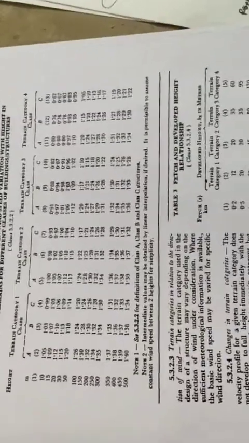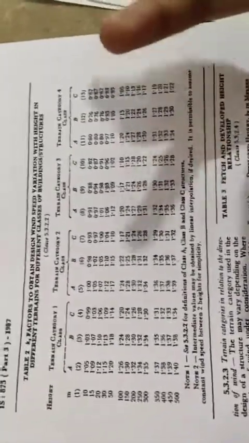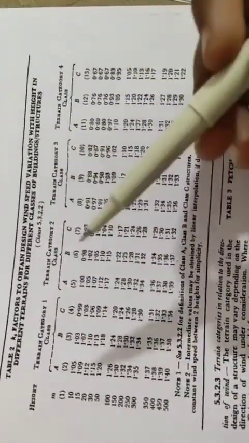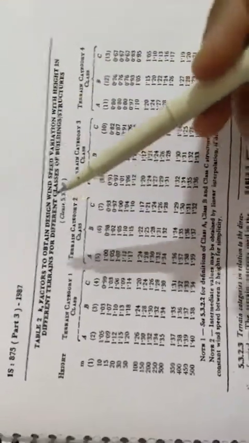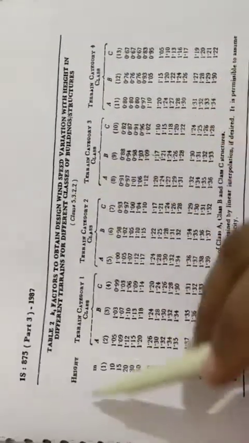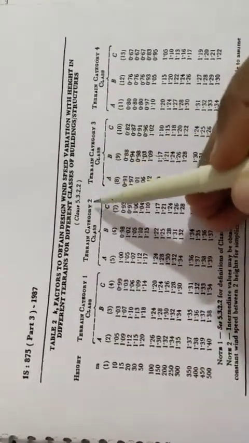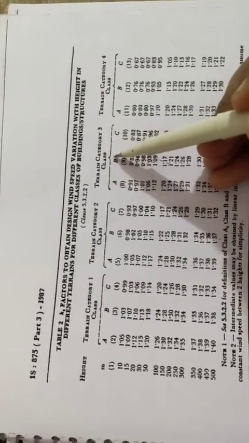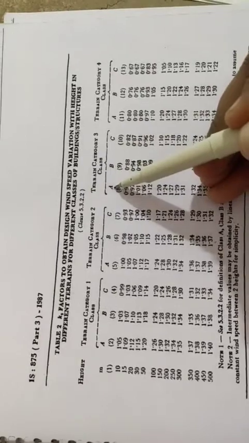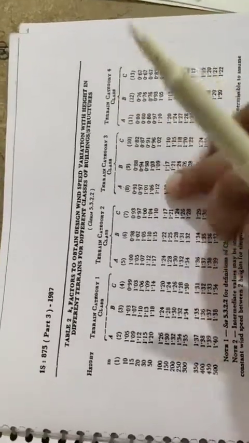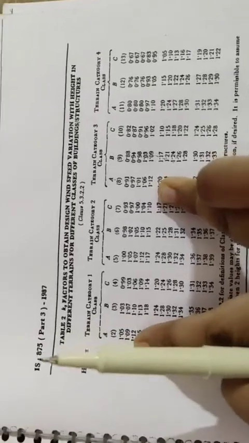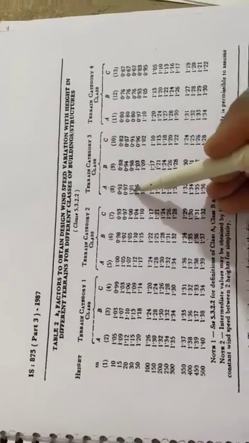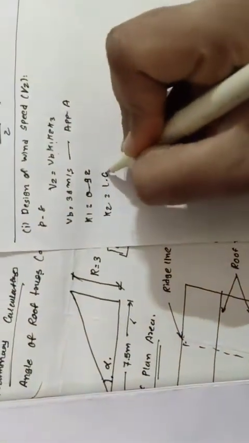So in our question there are 3 types of criteria given. First one is the size of our building, which is 20 meter, right? Class given is A class, and category is 3, right? So based on this information, we are talking about the category first. Category 3 and class A are given. Now we are merging this with our height given. The height of our structure is 20 meter, right? So 20 and A, which is 1.01. So here our K2 factor is 1.01.